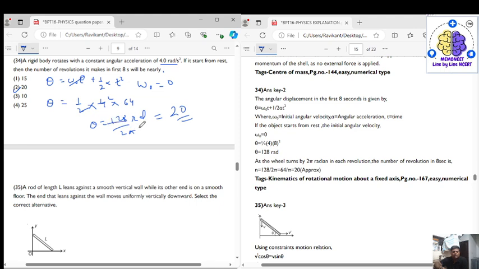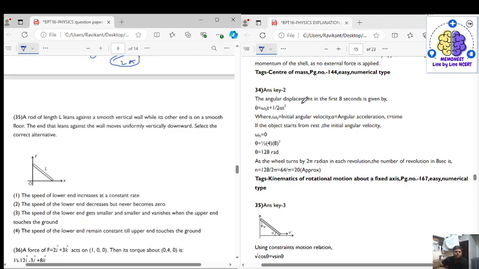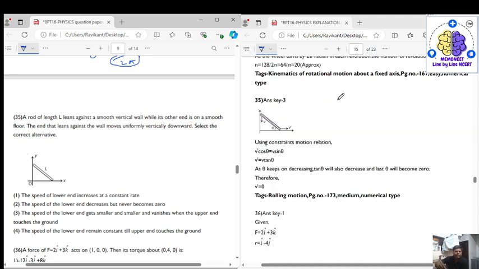This is the angle. When you divide it by 2 pi, you will get the number of revolutions. So the number of revolutions will come approximately equal to 20 revolutions. So the correct answer is option number 2. Now coming to question number 35. Question number 35 says that